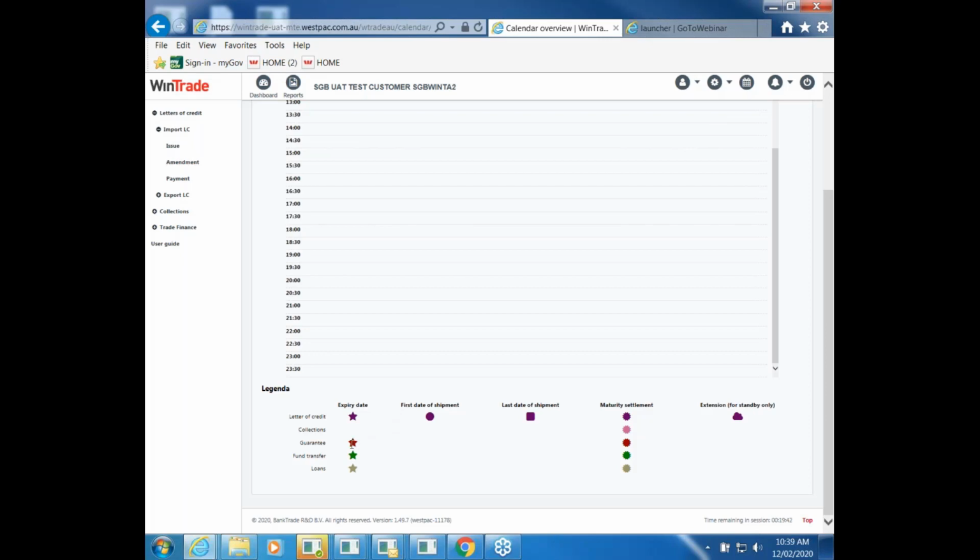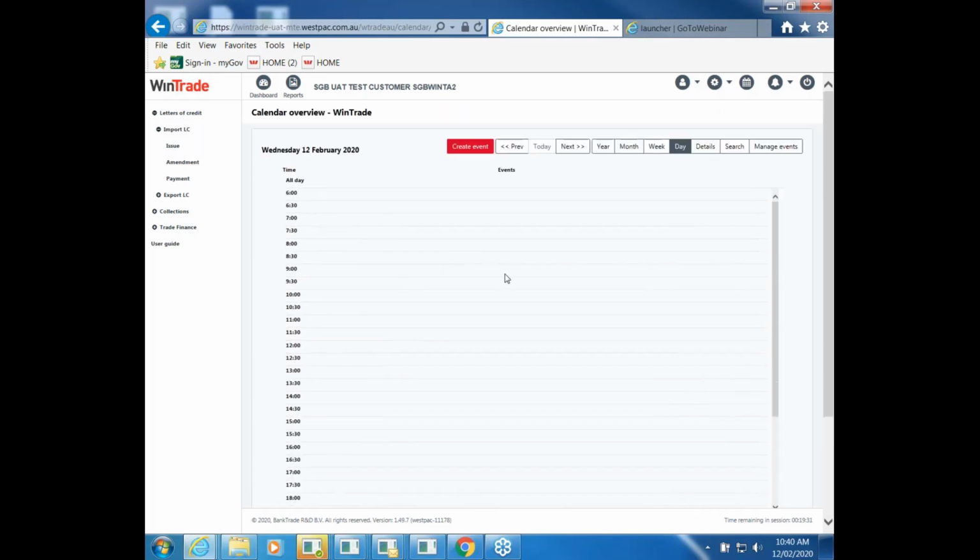which states the type of transaction. So you've got letters of credit here, trade loans, or collections, and you can actually add, you can create an event in there. So let's just say you've got an import collection or a trade finance loan that's due today, for example, and you need to log your instructions by, say, 10 o'clock in the morning. So you can create an event,